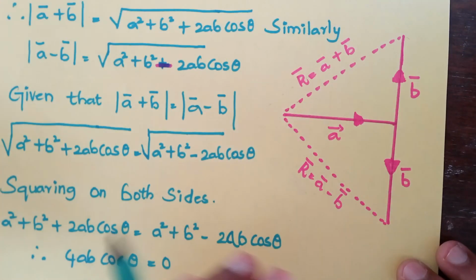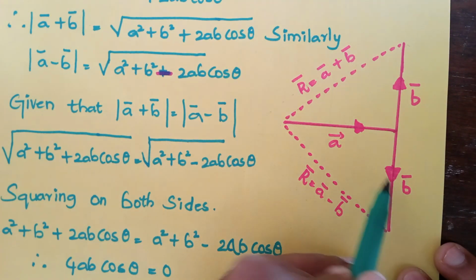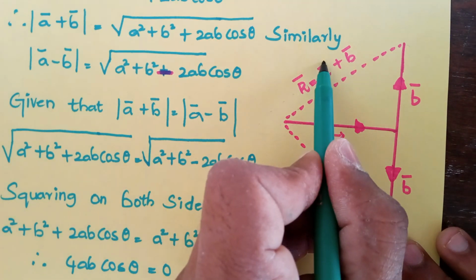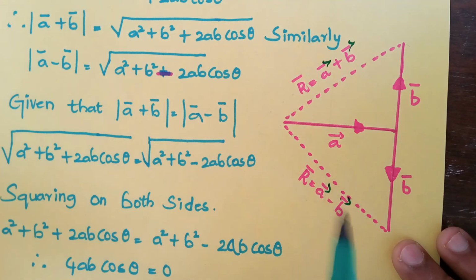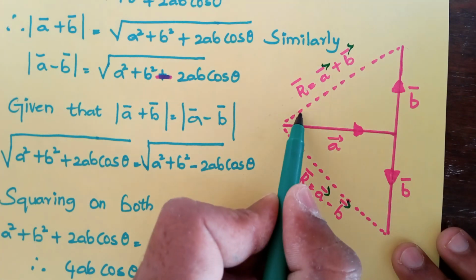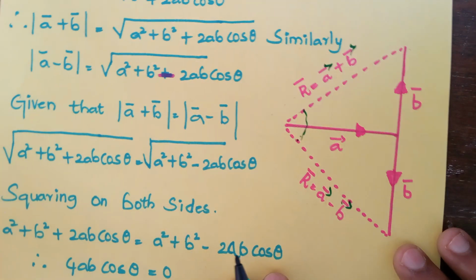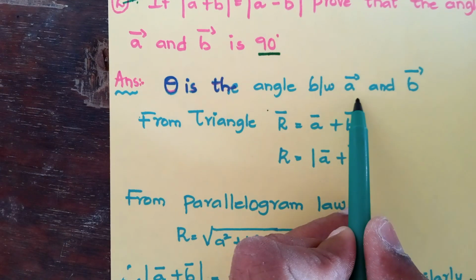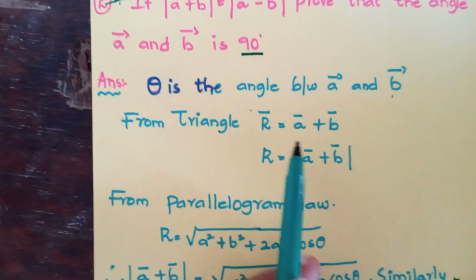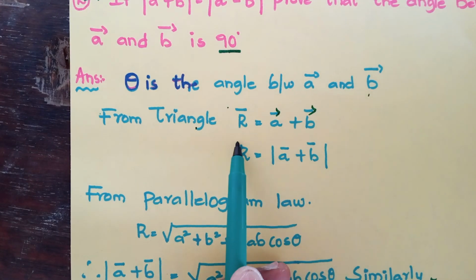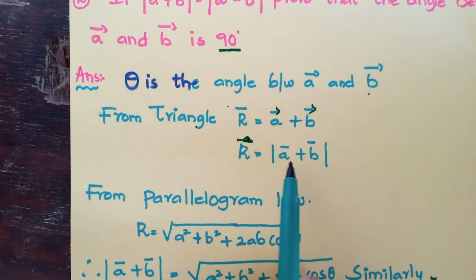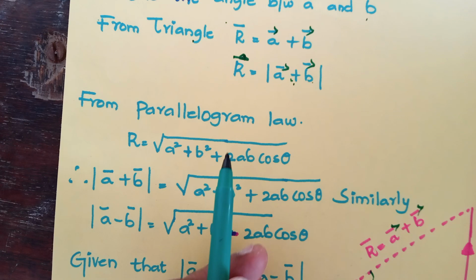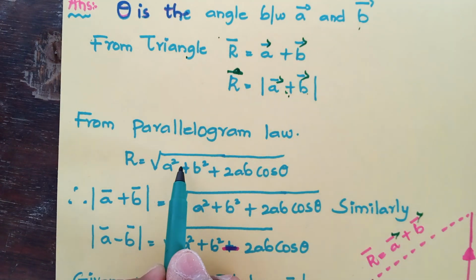See clearly, you already know a and b are the two vectors. Here R is equal to a plus b and R is equal to a minus b. Then what is the angle between a and b? It is 90 degrees, so how do we prove it? Theta is the angle between a and b from the triangle. R is equal to mod a plus b. From the parallelogram law of vectors, the magnitude of the resultant vector formula is: